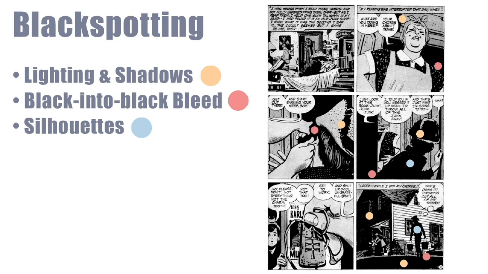And that gives it a bit of drama. He's also dealing with silhouettes, and we can see silhouettes or partial silhouettes, especially in panels 4 and 6. And a silhouette is a very strong graphic statement, the strongest. And he employs it at least in one case here and in part in another. But something I'd really like to point out is black into black bleed.